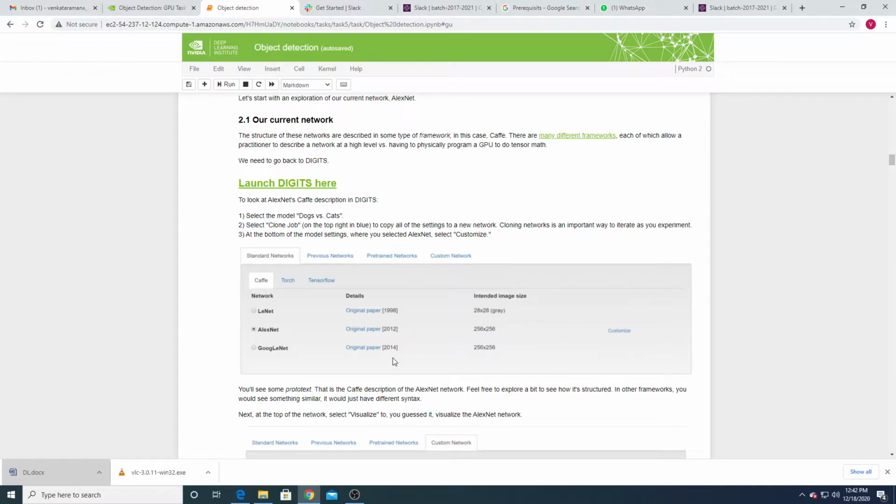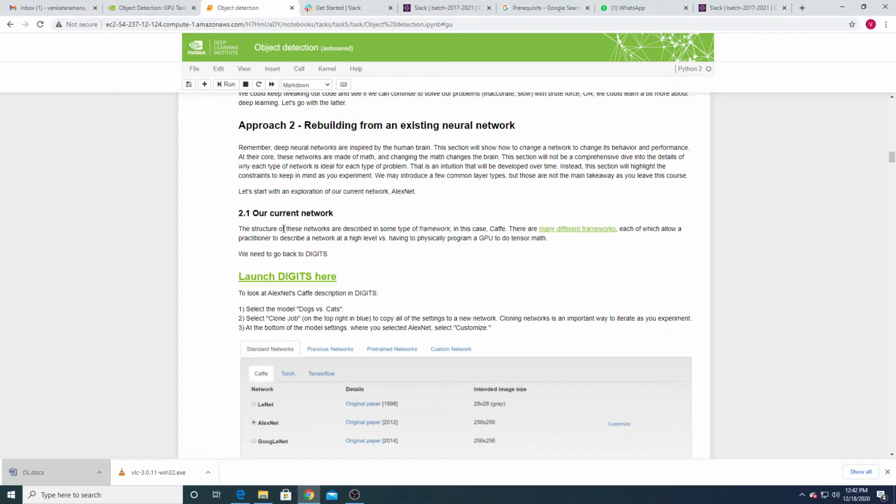To avoid that, the researchers propose a small modification in the convolutional neural network: replacing the fully connected layer with convolutional layers. Then the same thing we did for the sliding window can be done here also, but without requiring so much computation time. That is approach 2, which we are doing now.